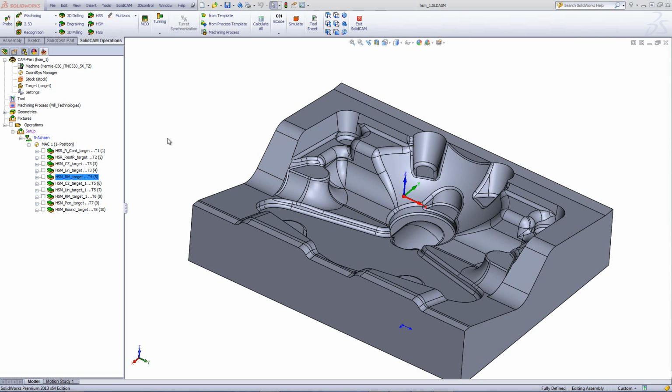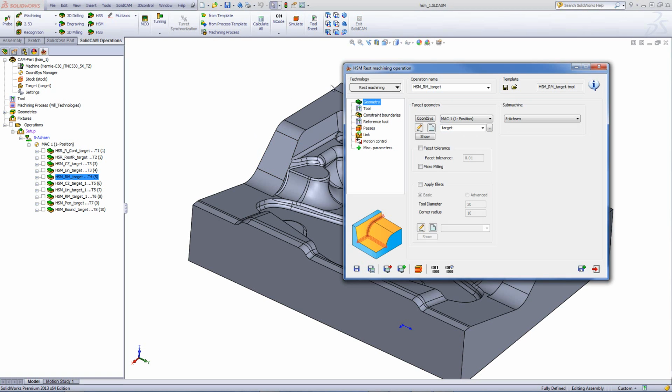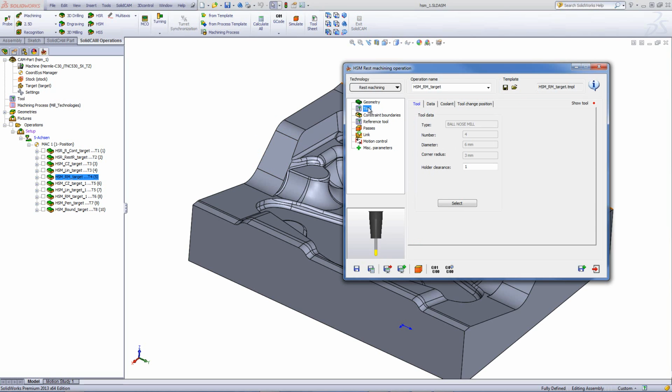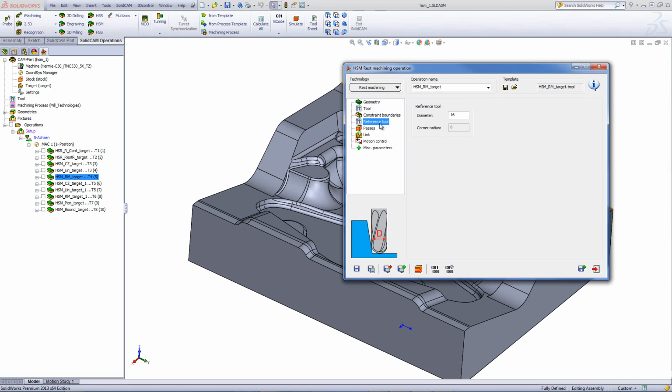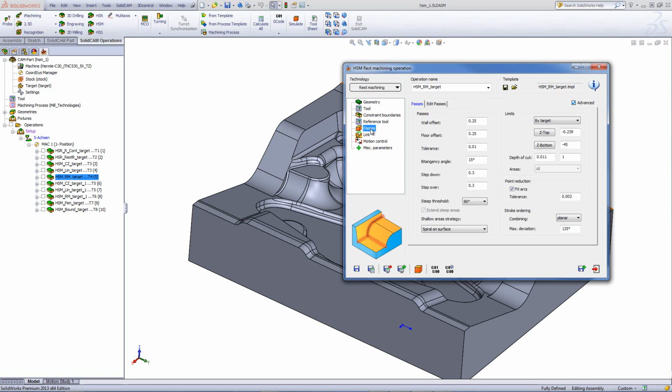If we were to open up the operation itself, you can see we're using the rest machining option with a 6mm ball end mill. The reference tool will be a 16mm virtual ball end mill, which will determine exactly where this tool will actually work. Again, in the passes, since we're doing a semi-finish operation, we'll be leaving a wall and floor offset of 0.25